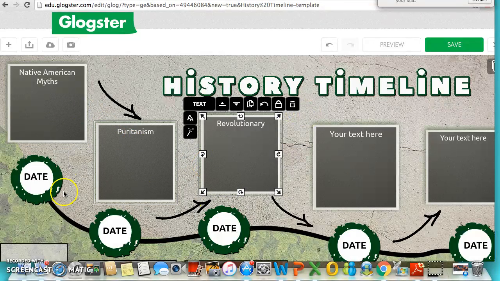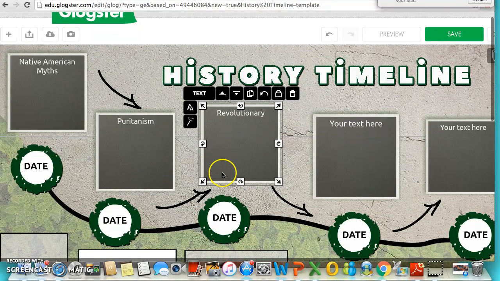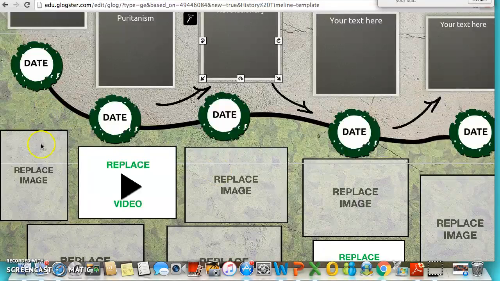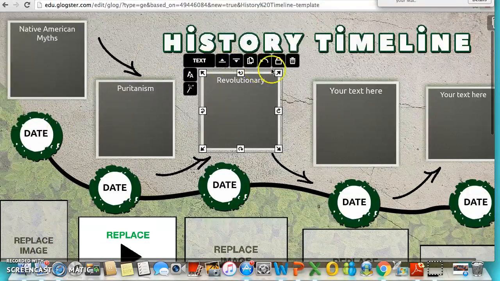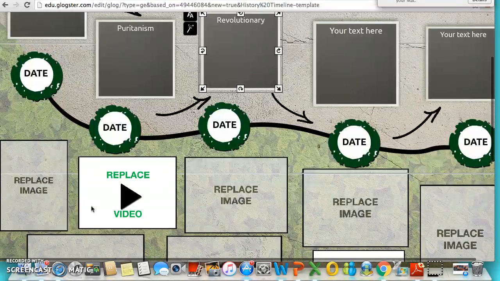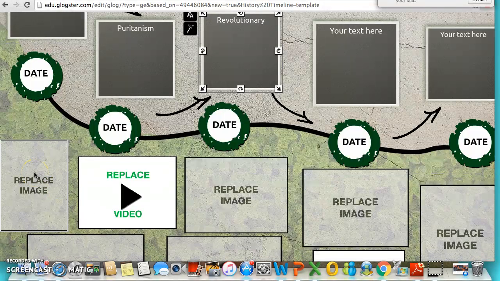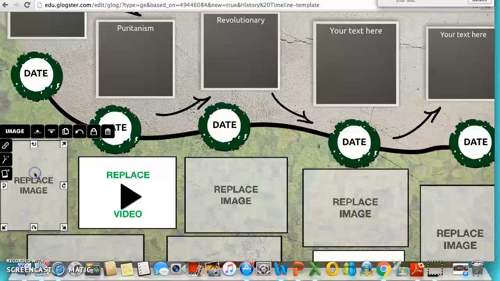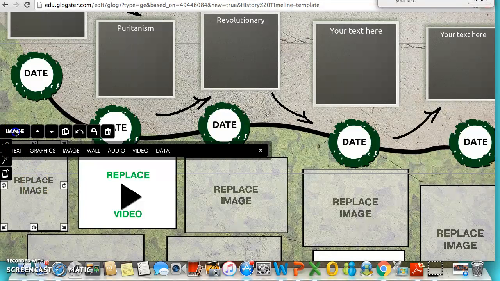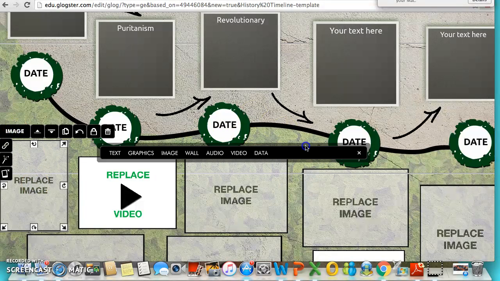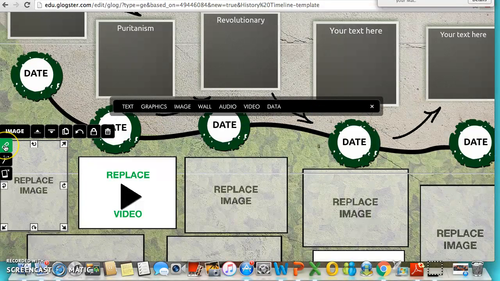And once students are here, they can include the dates, such as 1500, 1600, 1700s, 1800, and things of that nature. Scrolling down here, this is where students have the option to explore more of the visual elements of perhaps the literary historical timeline. So if they would like to replace an image, let's go ahead, you would double click here and you would go to move this little guy over here, and you can add any, if you hover over you can see